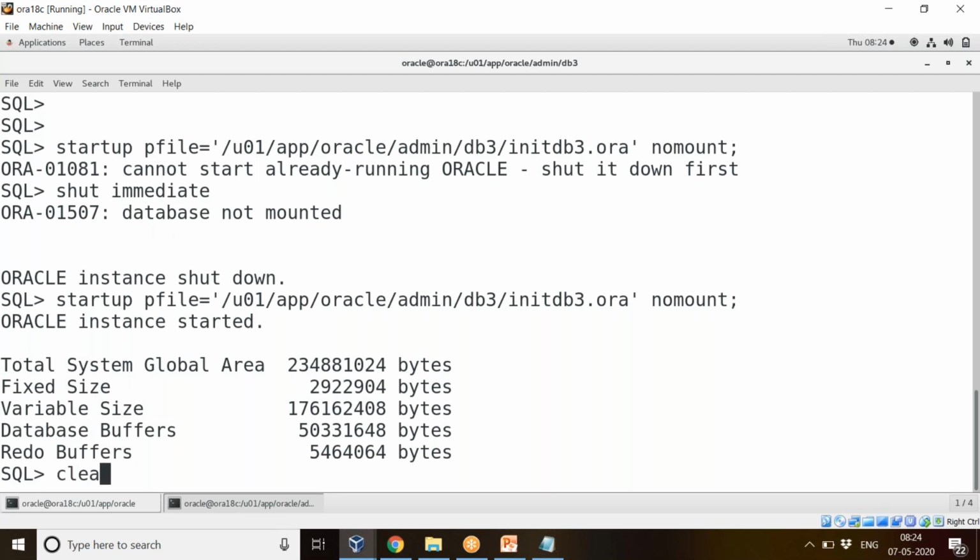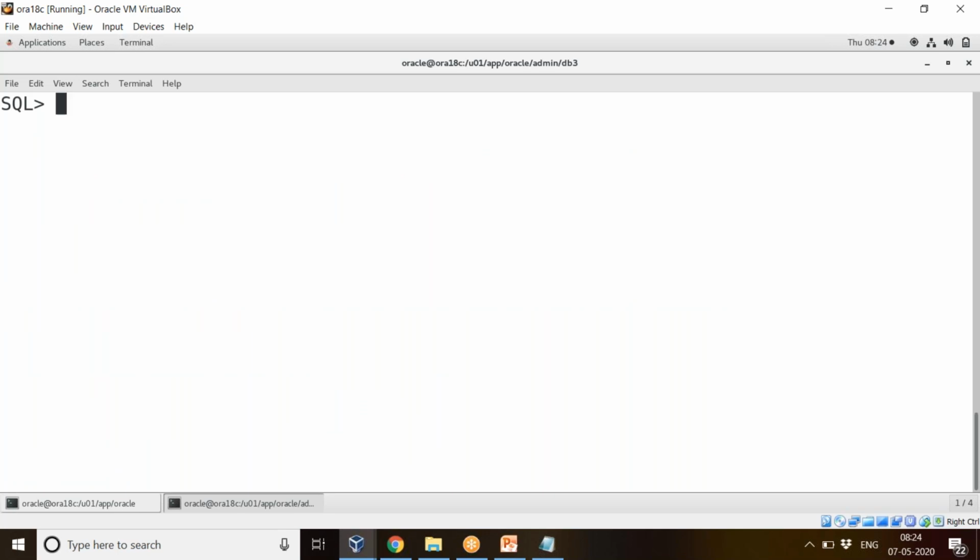Fine. Now we will open the database. For that, we need to come to the mount stage, that is the control file should have been created, and the other data files and redo log files should have been created, right? So for that we have to run the create script. Using the pfile, you'll be able to start the database in the nomount stage. Your background processes would have been created and your SGA would have been allocated. That's it. But if you want your control file, data files, redo log files and all to be created, you have to run that create script.